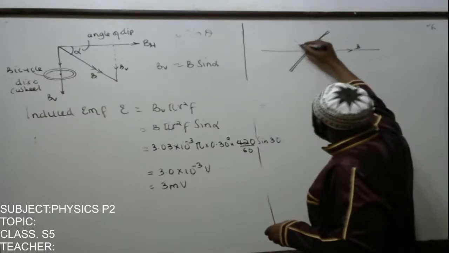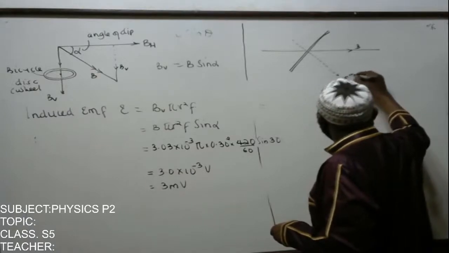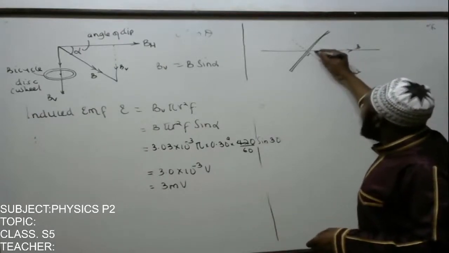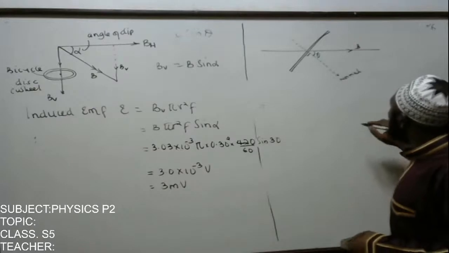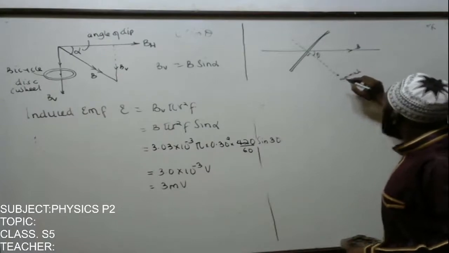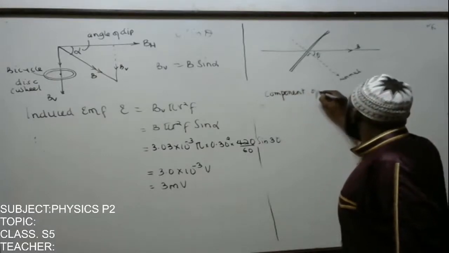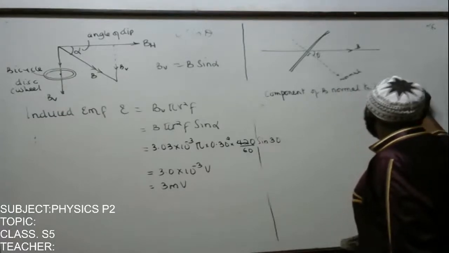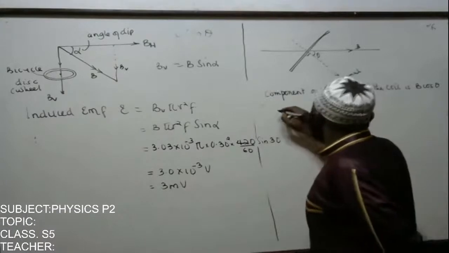the angle of our constant, this is the normal to the conductor. This is the plane and this is the normal. And the angle of our constant is the angle the normal makes with the field. So therefore, the component of the magnetic flux density normal to the coil is B cos theta. So from Faraday's law, induced EMF,